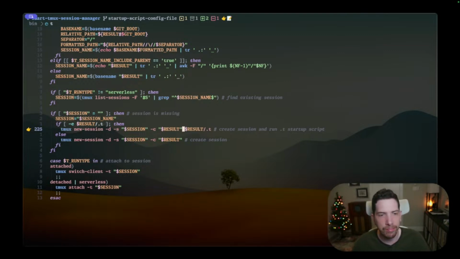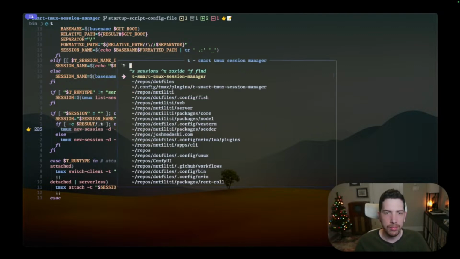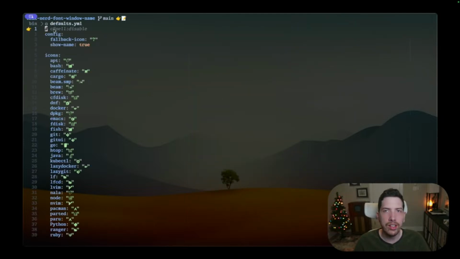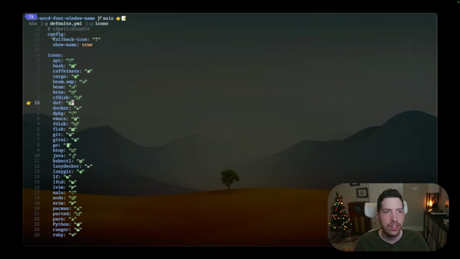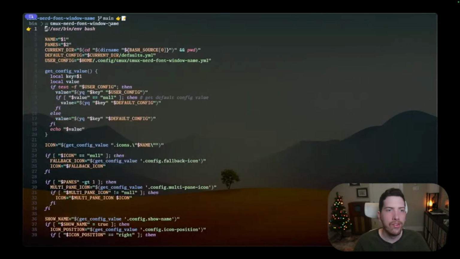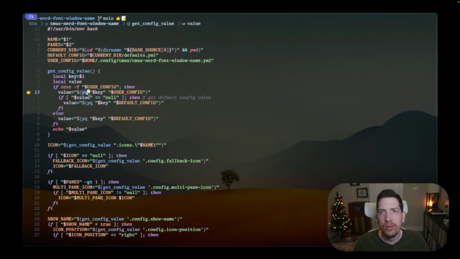All right, so let's do it. I'm thinking at this point, I've really enjoyed that in my nerd font plugin, the way that I drive the feature is using a YAML file to configure. And so there's this config section, and the way that I basically interact with these is with the library called YQ. Now, I'm not super excited about the idea of having to add another dependency to this project, but at least for now, if this works, I think it's going to be okay as a proof of concept to play around with this, because unfortunately,